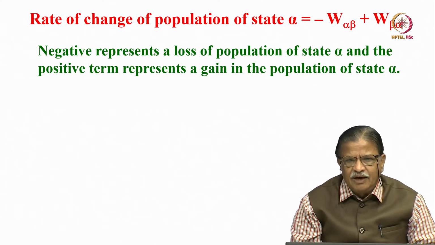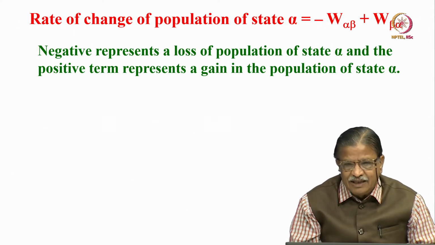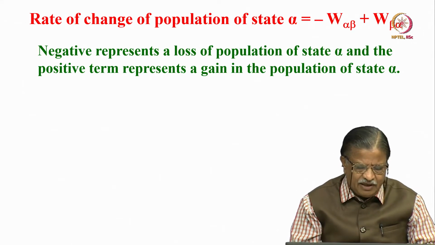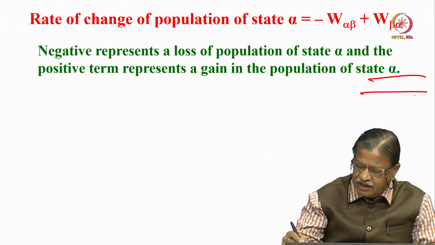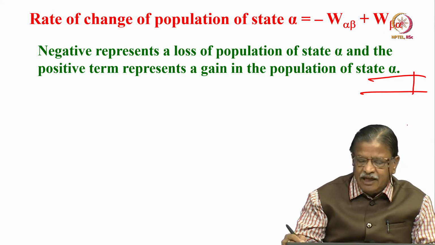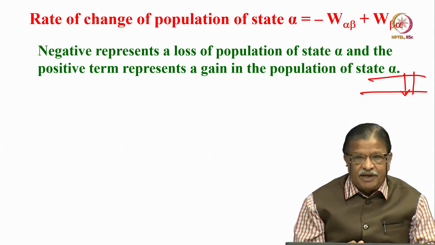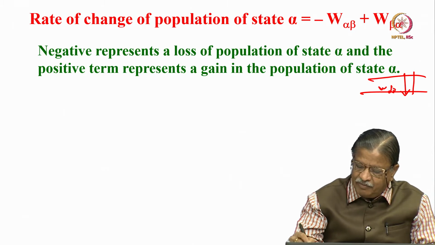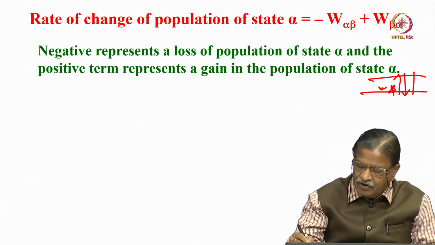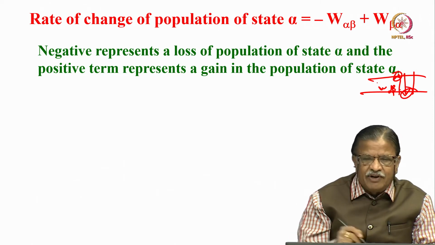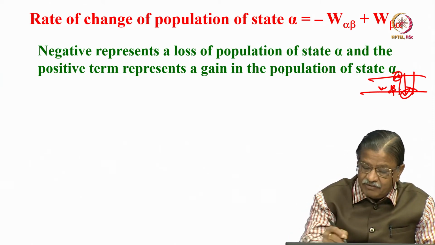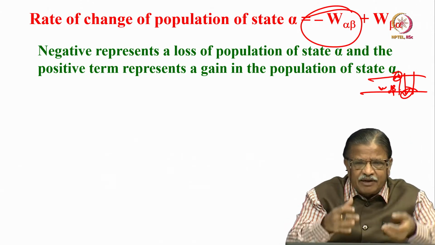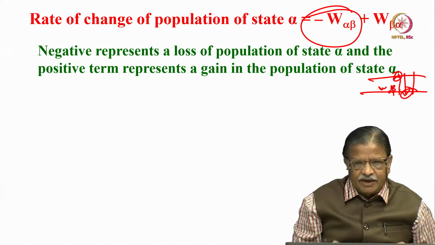Okay. Now, if I consider the number, there is a possibility that everything is going on simultaneously. From the alpha state to the beta state, the spins are going up from alpha to beta. Spins are also coming down from beta to alpha, both are happening. Now, from alpha to beta, W alpha beta is there. The probability of spins going from alpha to beta, W alpha beta, I will call it negative, minus W alpha beta. Why? Because I am losing the spins from alpha to beta. It is going out, so I call it negative.